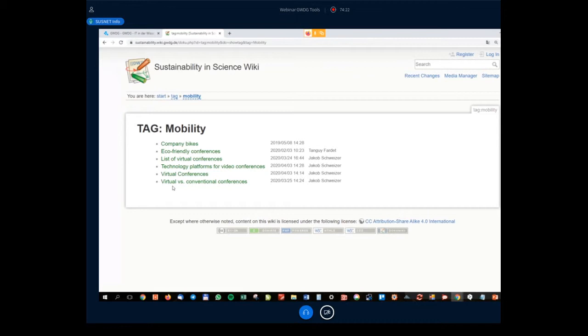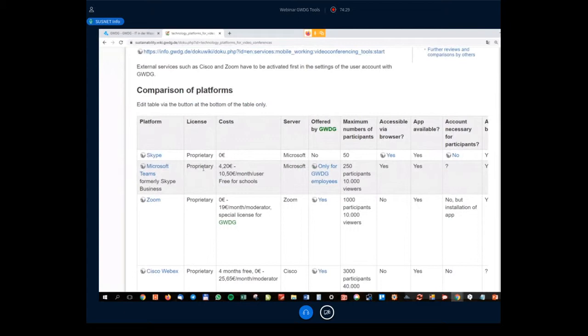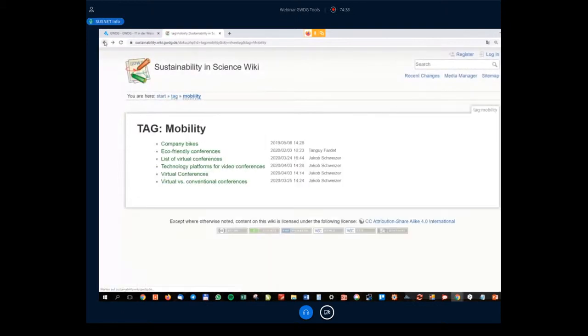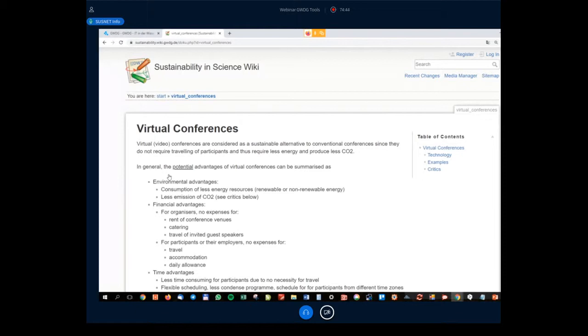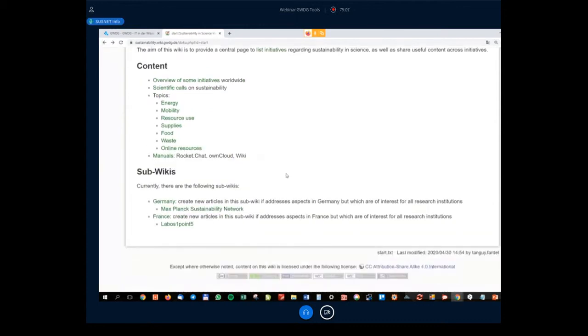And for example, we have set up an overview of different conference tools which are suitable for the use in science, and we compared them. This might be quite useful, especially during the Corona pandemic. And for example, we also have an entry on what to think of if you want to organize a virtual conference. And these are all aspects which are not only important for the Max Planck Society, but for colleagues worldwide. So this is an entry which we wrote, but it could also be useful, for example, for the colleagues in France. That's why we made it public via the wiki. So then next, we